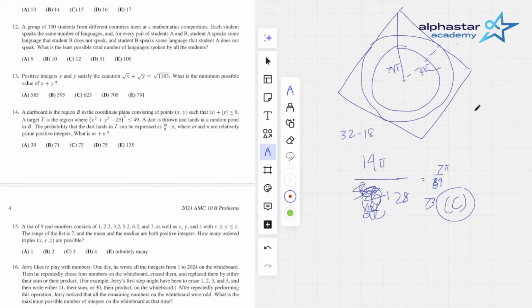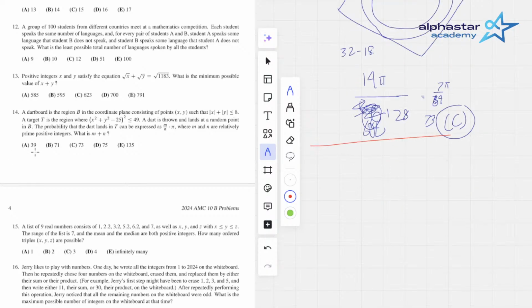Let's see, just double checking. 8 squared times 2. Therefore, that would be 7 pi over 64. Yeah, 7 pi over 32 would make no sense. That area is too small for that to be that big. Moving on to number